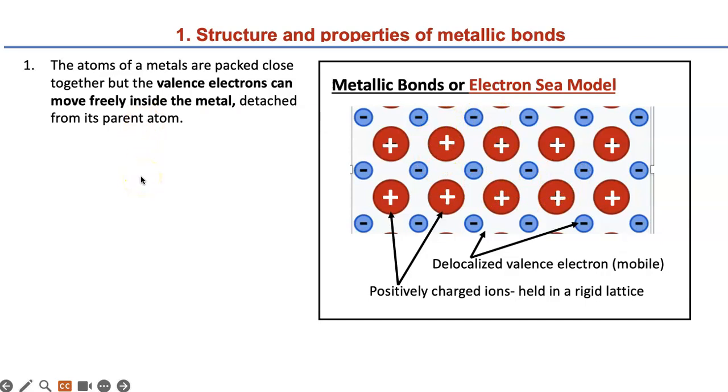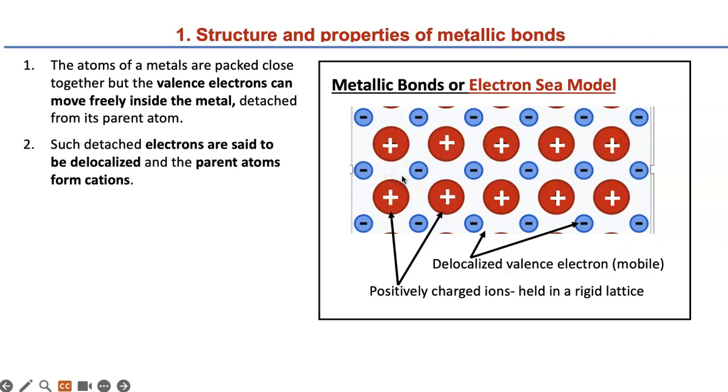So inside a metal element, you have bunches of atoms, but not like in a normal solid where you have atoms hanging out together. These atoms have lost their valence electrons and they form cations, like I have shown over here, and their valence electrons freely move around the metal ions so that any other metal can be attracted to them. We call these detached electrons delocalized valence electrons, as they are far away from the parent